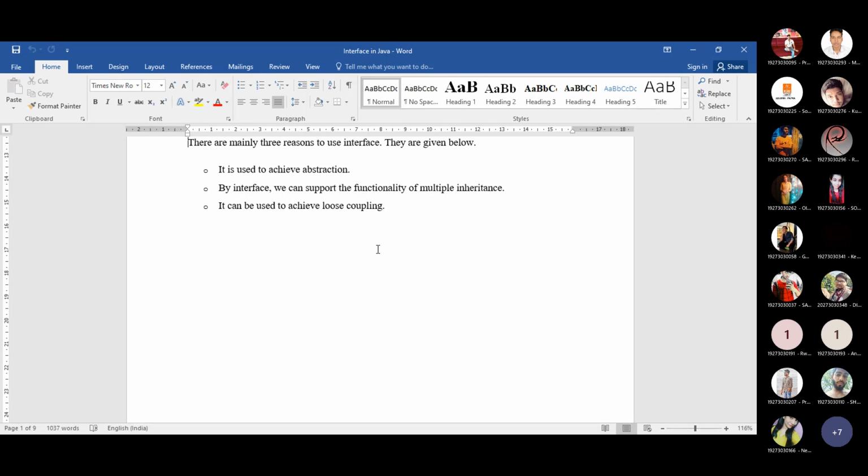Can anyone tell me what will be the desired requirement? Coupling means the degree of interaction between two modules. Definitely it should be low.